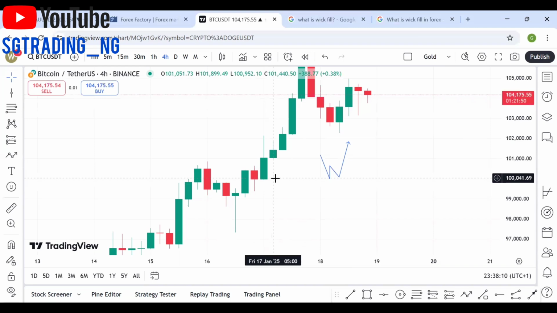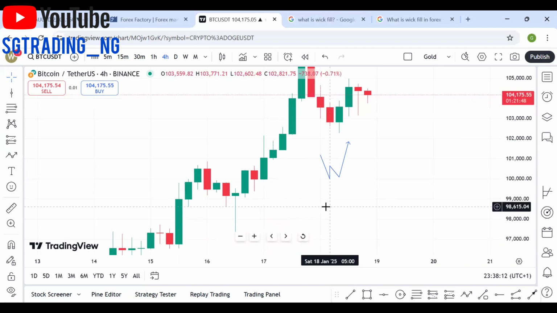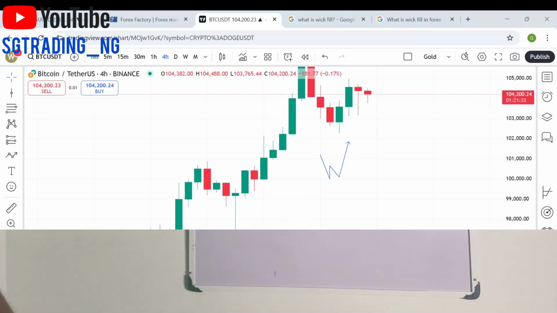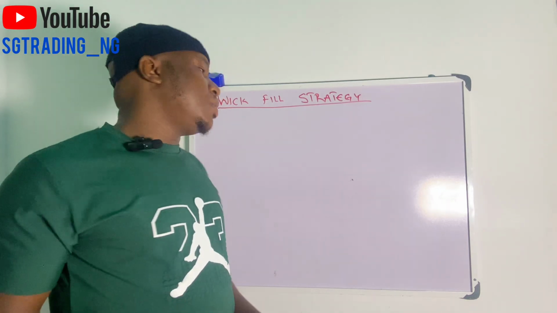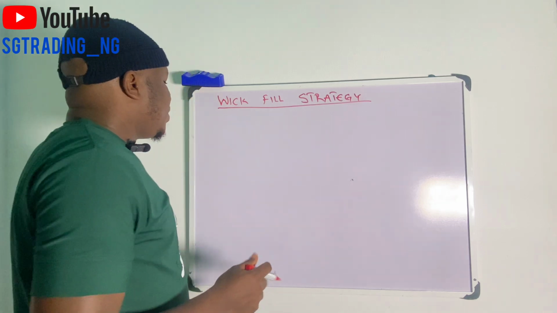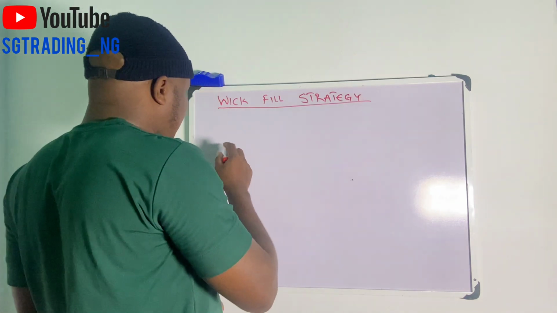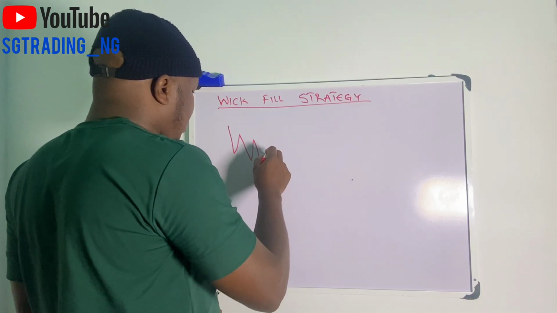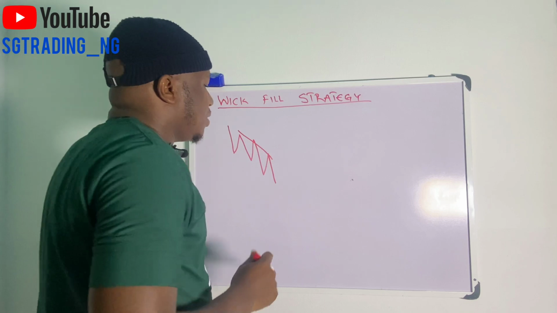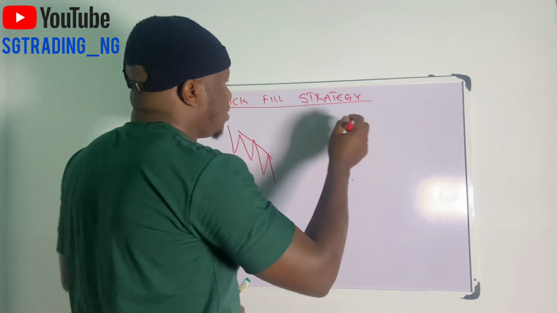So after explaining all those things, I believe by now we should know what weak fill actually is. So let's continue with our illustration on the whiteboard. So let's switch to the live board, the whiteboard, so that I can explain the bearish condition in a weak fill. So as I explained in the bullish market, let me quickly explain on the bearish market. Let's say a bearish market is creating higher lows and lower lows in this form, market going down. And in H4, like I said, we'll be making use of H4,